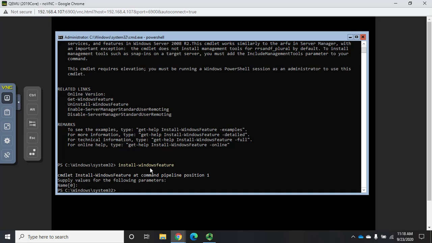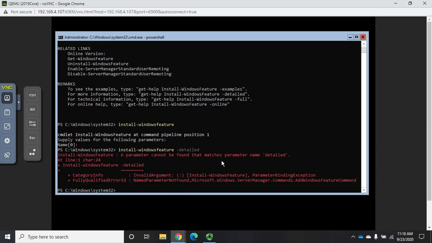So you can see here we have different options. We can do Get-Help Install-WindowsFeature -examples, -detailed, -full. Let's take a look at -detailed. This is going to give me a wrong command. Get-Help Install-WindowsFeature